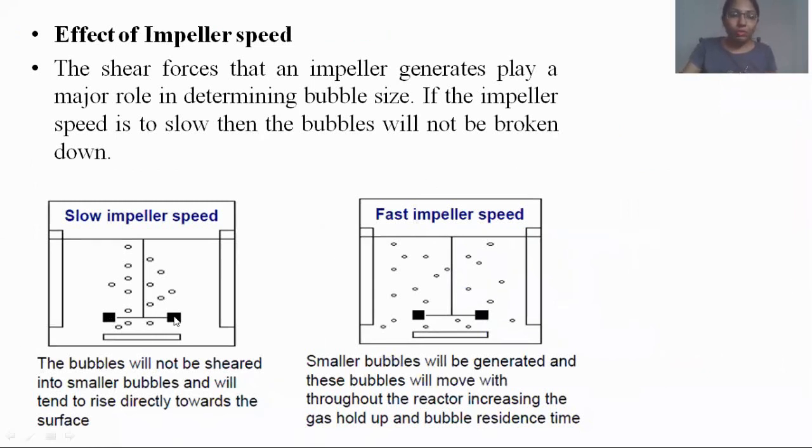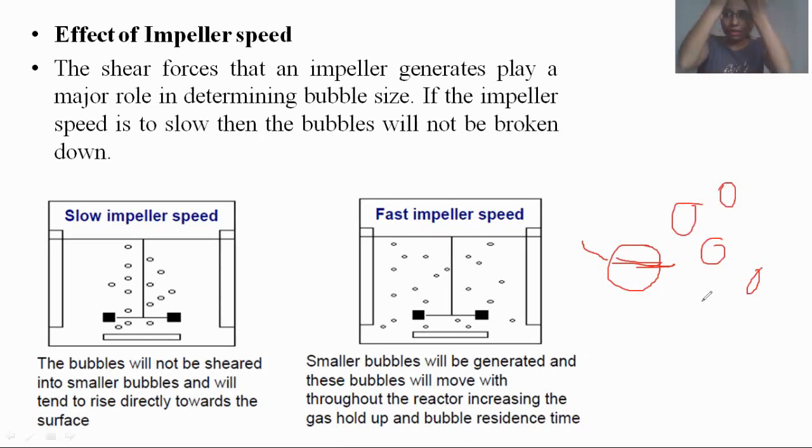Now, as you have seen, these impellers are going to rotate. As soon as a big bubble comes up, it is going to hit the impeller, and it is going to break into many small bubbles, so that it can rise up entirely. The surface area of small bubbles is more as compared to the surface area of the big bubble, and the bubbles carry the oxygen. Please remember, the smaller and lighter the bubbles, the more they can go up.